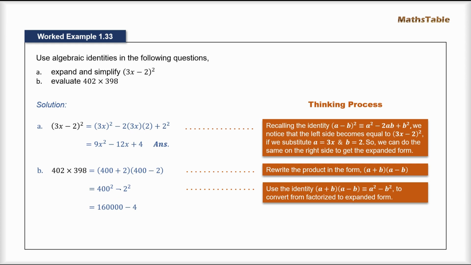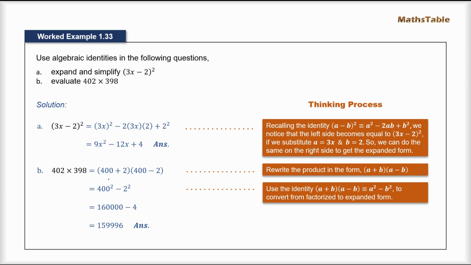So, and similarly, 2 square is equal to 4. Now we just need to subtract 4 and get the final answer 15996. So this is how, without using a calculator, we can apply algebraic identities to calculate the multiplication of these two